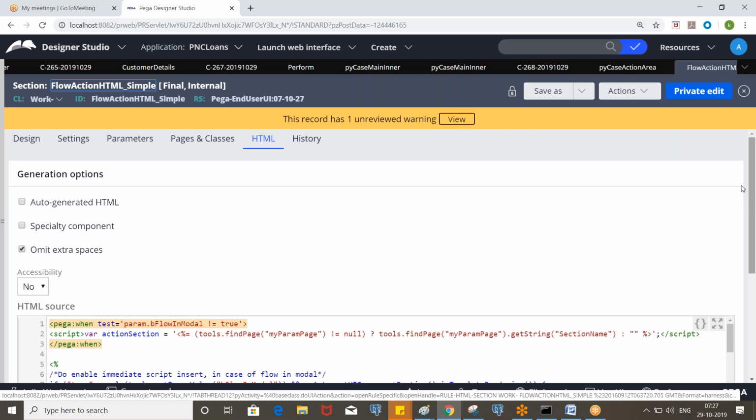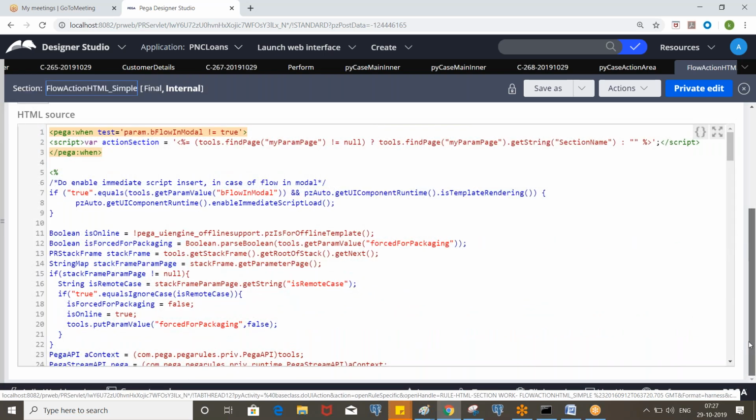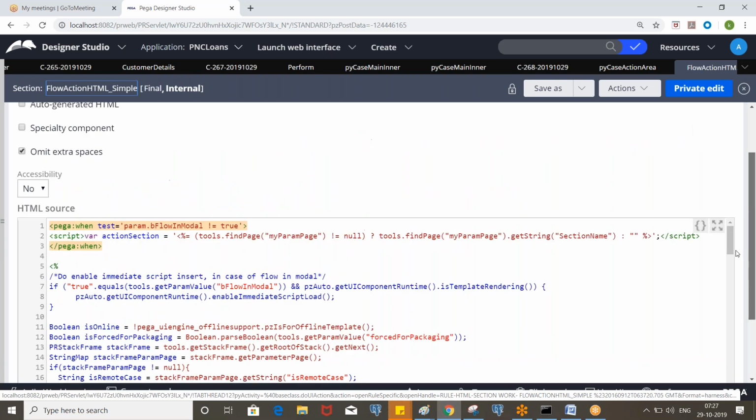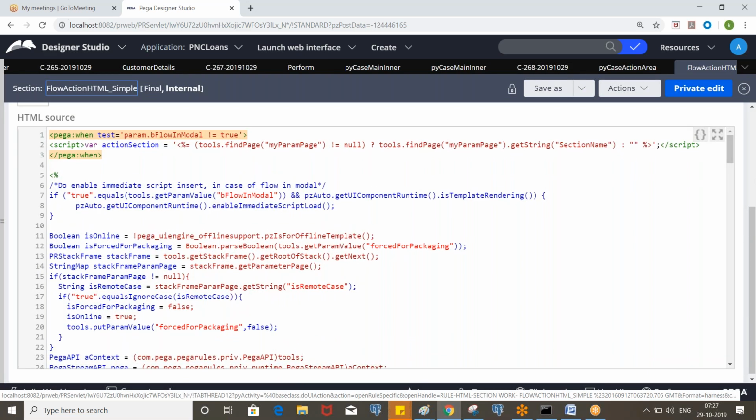If you don't use this, you will not see the flow action. This contains the HTML script, and whatever flow action we pass in the connector will be passed as a parameter. Okay, and behind that we have this code which helps in loading the flow action.